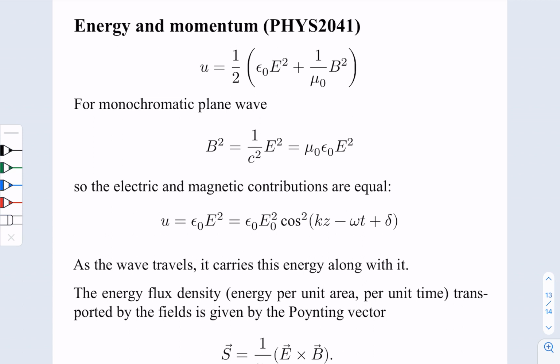First we want to have an idea of what the energy of these plane wave solutions is. We have calculated the energy of the E field and the B field before. If you still remember, the total energy of the E field looks like